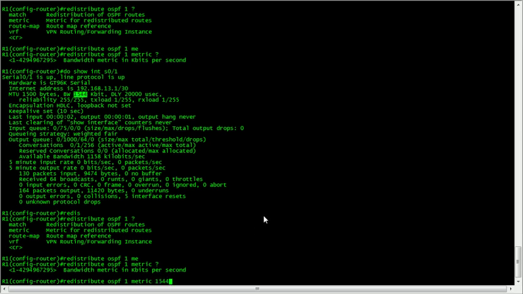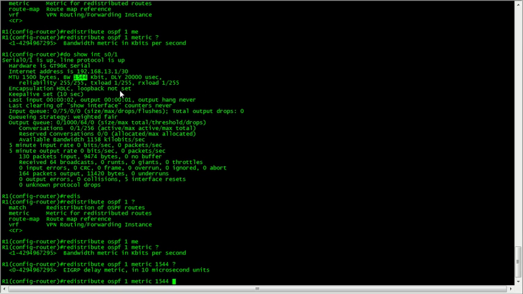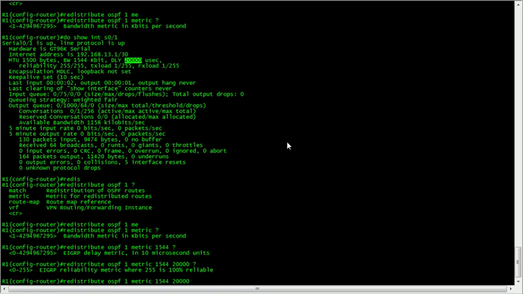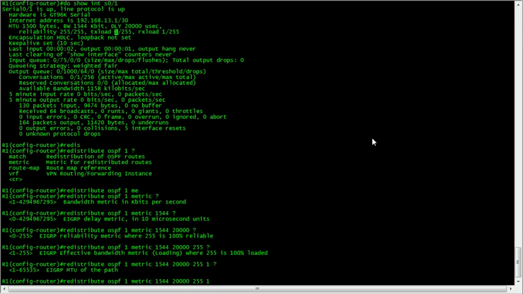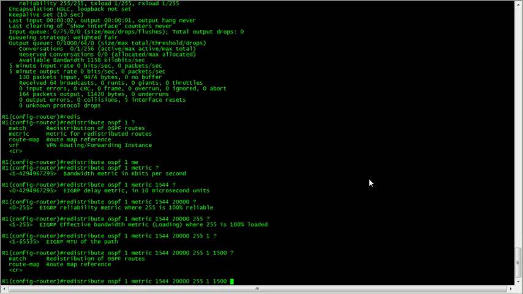What's next? The delay is there. The reliability is there. And the load is there. And the MTU is there. This is what EIGRP uses to determine the metric. Okay, that's okay. So if I hit enter there,